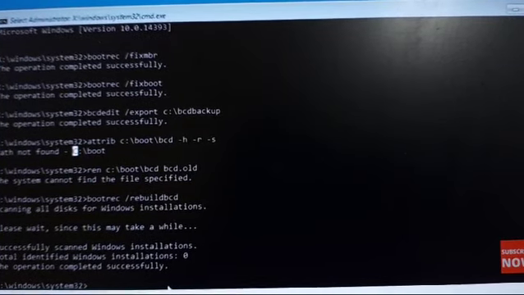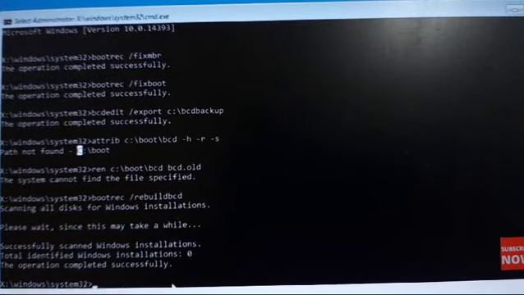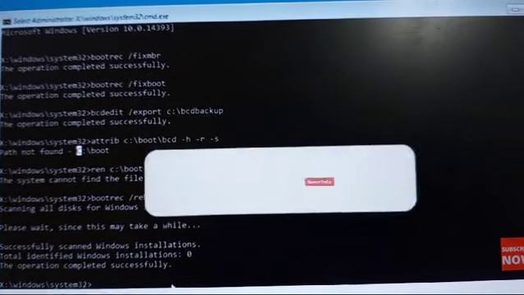That's it, friends. This is how we can easily fix the 0xC00001 error, or if your PC needs